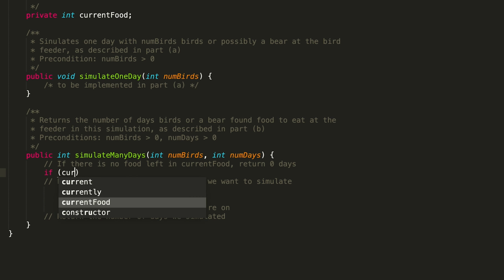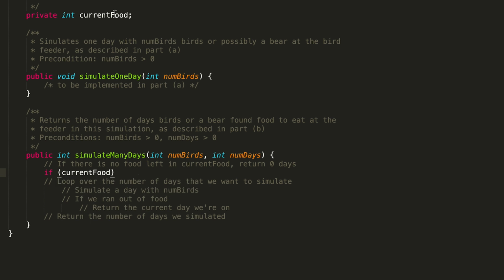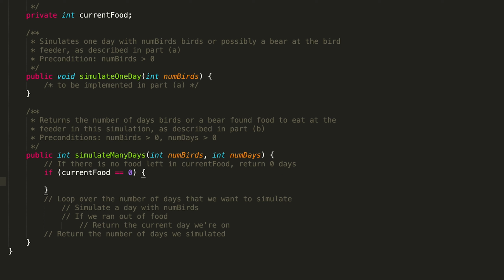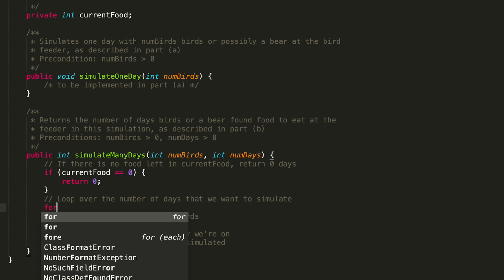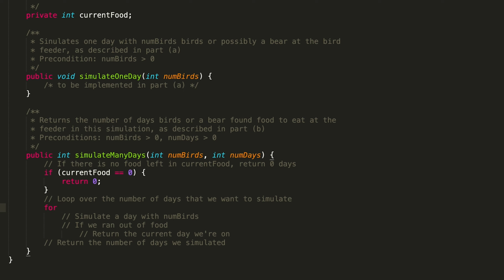So if current food, and I'm referring to this instance variable here, is 0, what does that mean? That means we were not able to simulate any days, so we're going to return 0. Otherwise, we're going to loop over the number of days that we want to simulate. So we can do a while loop. I prefer a for loop, it just makes a little bit more sense to me. You can also write it as a while loop, whatever works for you, but I'm just going to use a